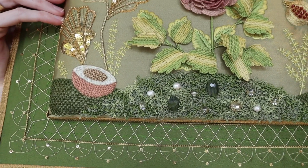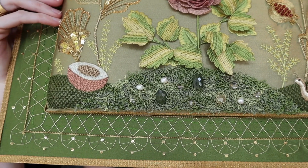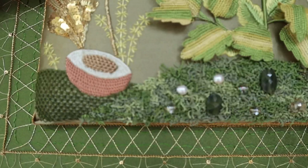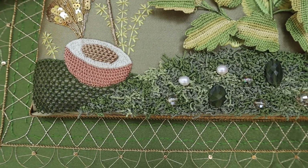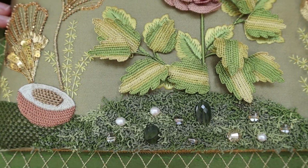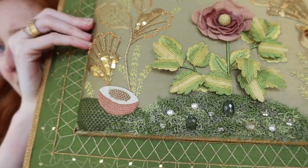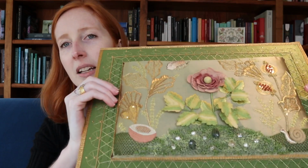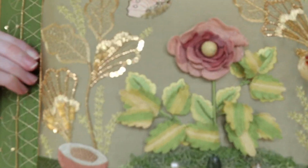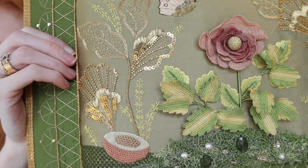This is thread that has been over twisted and then couched down in clumps, accented with freshwater pearls, with crystal beads, and with some faceted semi-precious gemstones. I don't even know what they are. I bought them at a bead store. They were not labeled. And then the central stumpwork rose is flanked by goldwork elements